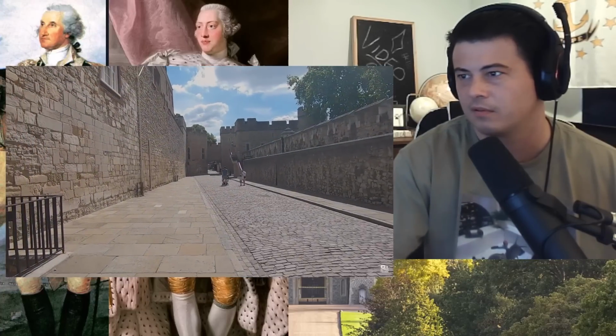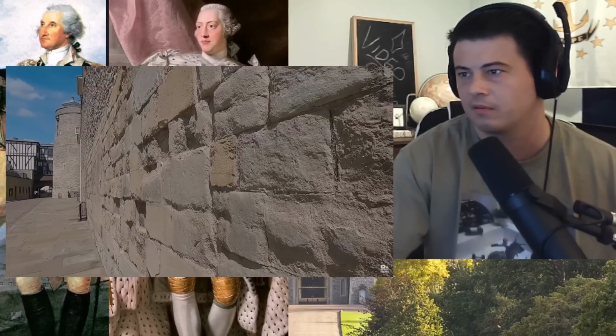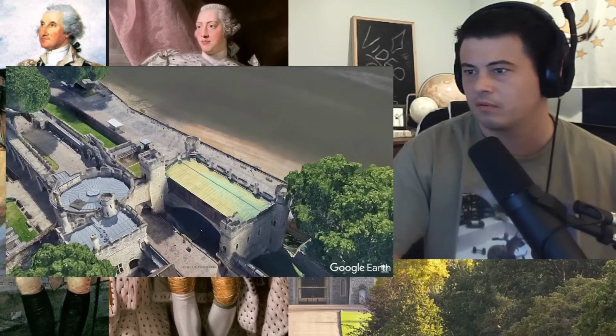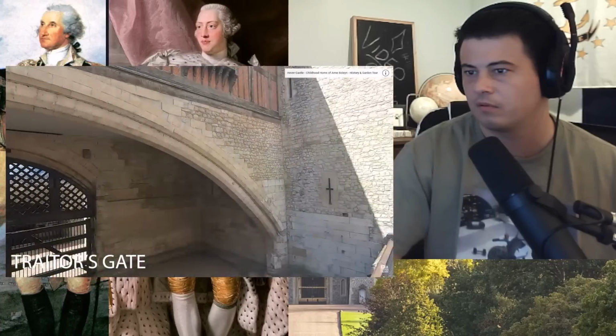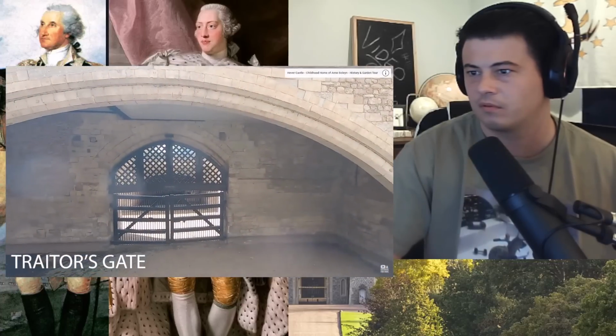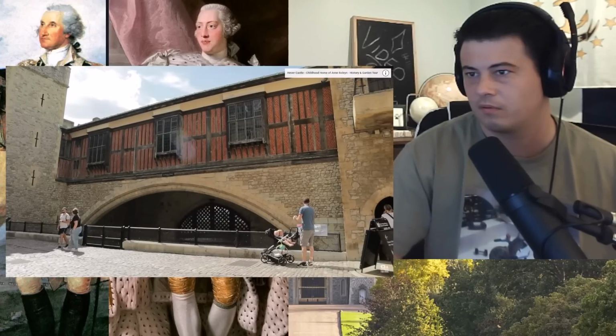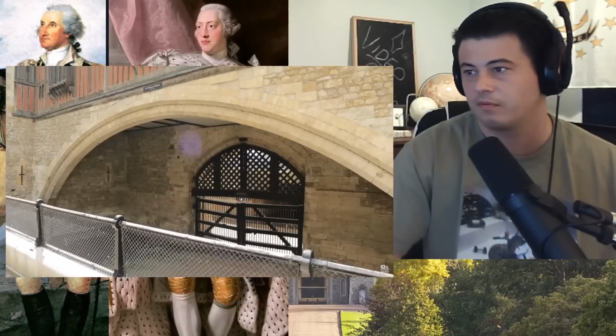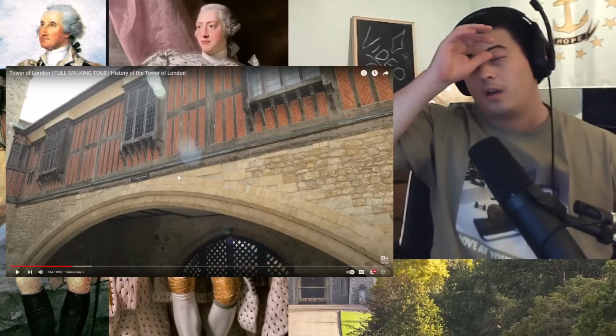Originally a royal residence, over the centuries it's turned into the Royal Armoury and a prison with a grisly history. As we move down Water Lane, we arrive at Traitor's Gate, a waterway entrance to the tower from the Thames for King Edward I. This became more famous for bringing prisoners to the tower. Speculation has it that Anne Boleyn came through here by barge before being decapitated for high treason on the orders of King Henry VIII. So guys, when Henry VIII was around,